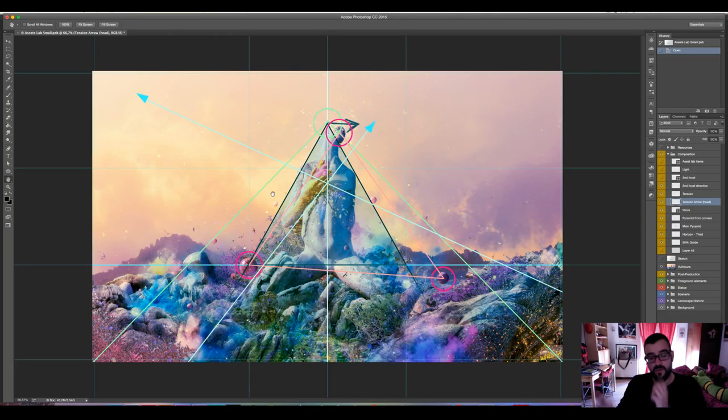And the second one is created by many lines that are following some of the elements of the composition: the stones here, the leg, the arm, and of course the neck. Where both lines touch, we'll establish a secondary focal point, as you can see. And this will grab more attention, but because of the composition I have created, our eye will go to the head.